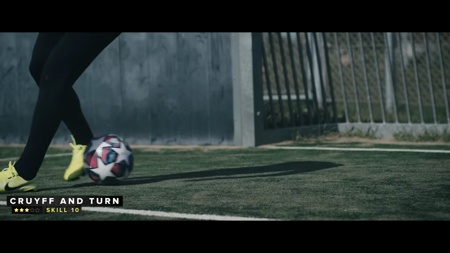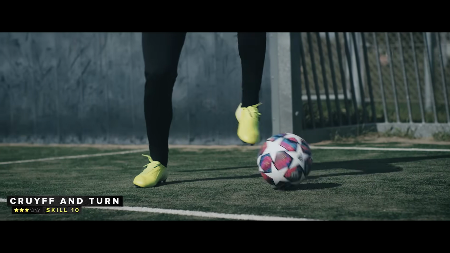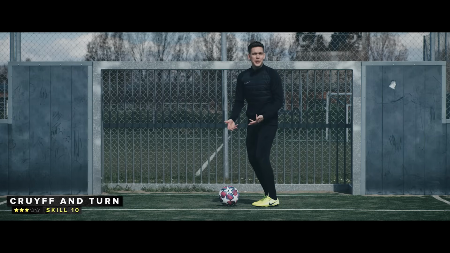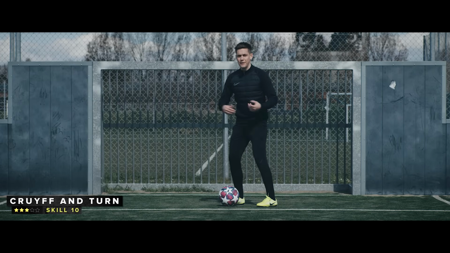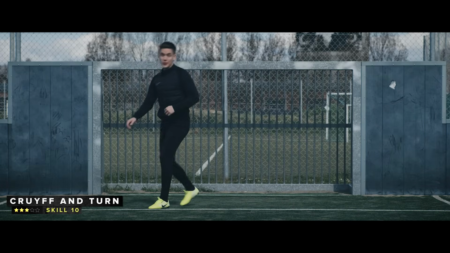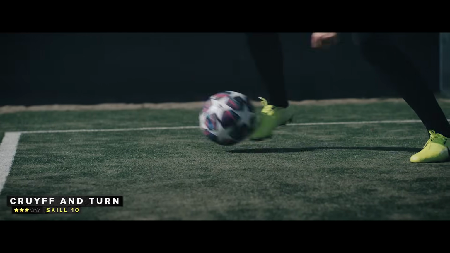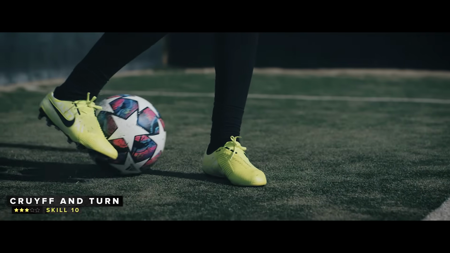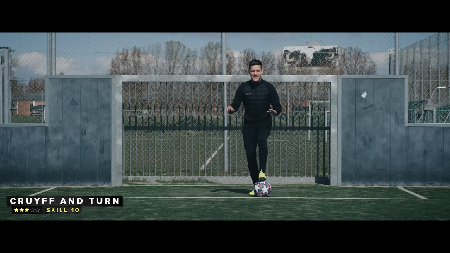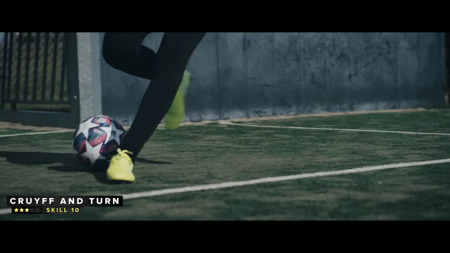your foot. And the scenario could be that you're in the center of the park looking for places to play the ball. There's a defender coming in on you and you need to create a little bit space for yourself in order to, for example, bam, provide a nice pass to your teammates. And the way we're gonna achieve that is by using the Cruyff turn as our bait. We're gonna make the Cruyff turn so slow and obvious that every single player on the pitch can see it